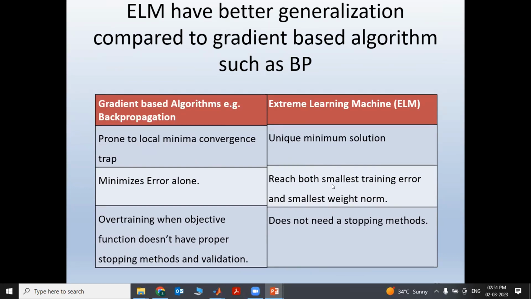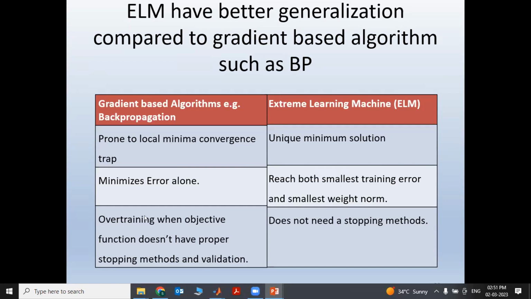Here we minimize the error along with the norm of the weights. Whenever we minimize the norm of the weights, you might be aware of that idea, we can expect better generalization.